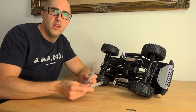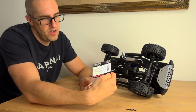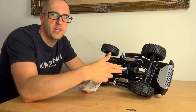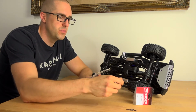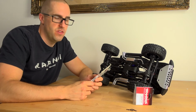I've got the standard Traxxas one, which is the 824-7X, which is just the metal version of their standard one. That's what's going on this truck, because I'm not upgrading the servo, so I don't need a servo horn that clamps. My other recommendation, if you're going for a stronger servo, so on my Sport I either run the Hobbies